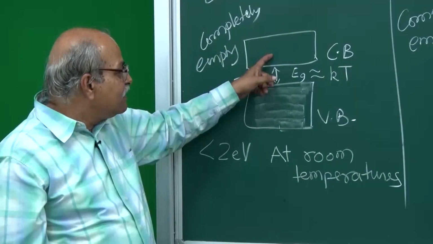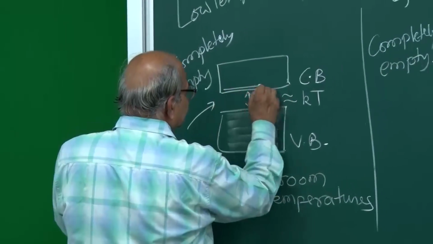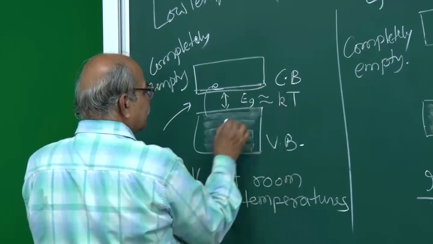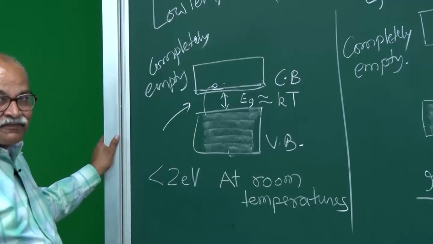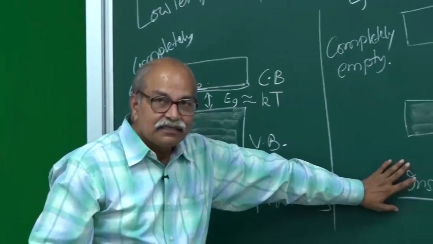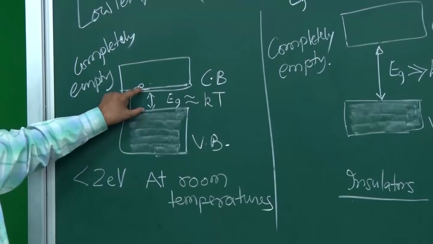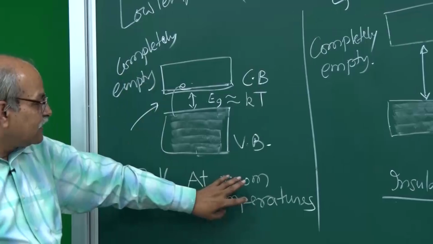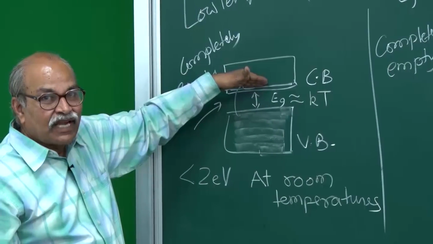And if they move here, then you have all these empty states are there, but one electron going from here will populate this quantum state. Another electron going here will populate another quantum state. So, although the band structure is similar as it is here for insulator, but because this gap is not very large as compared to kT, at room temperatures or the normal working temperatures, some of these quantum states get occupied, and that some of this